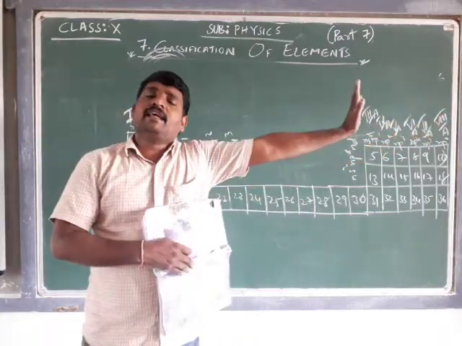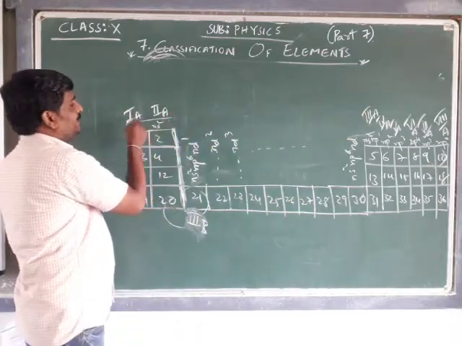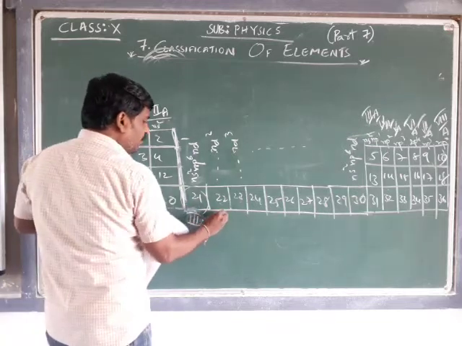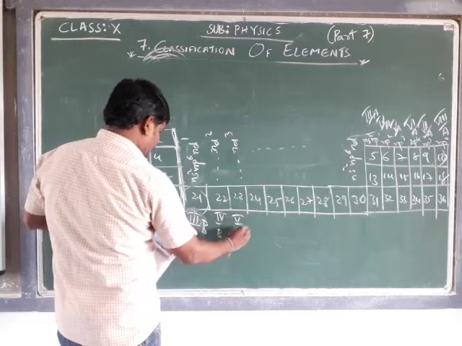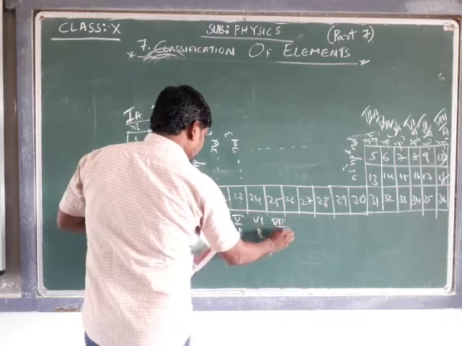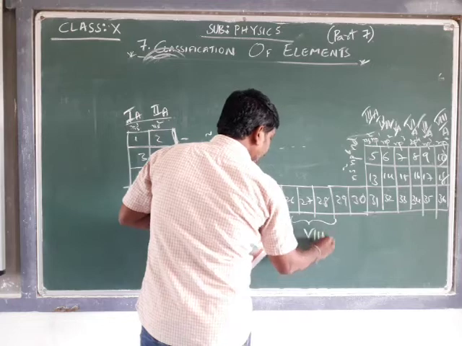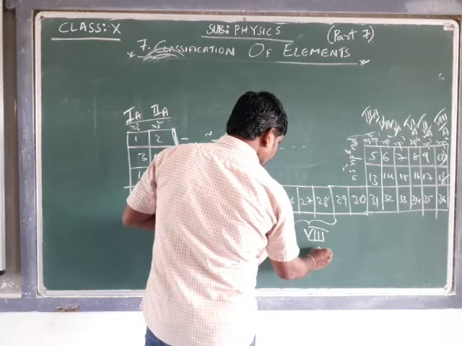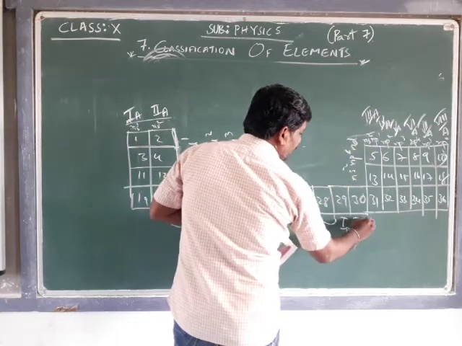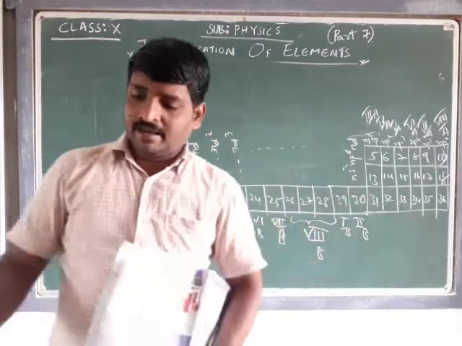As the columns have been shifted 10 steps ahead, to get the continuity 1, 2, 3, 3B has been taken here. Next is 4B, 5B, 6B, 7B. These 3 columns have been taken as 8B. Again, this one, to have continuity, after 2A and 3A, it has been taken as 1B and 2B. This type of arrangement has been given.